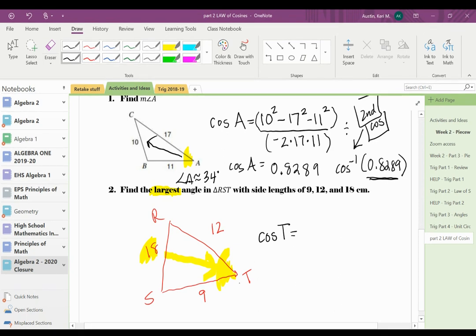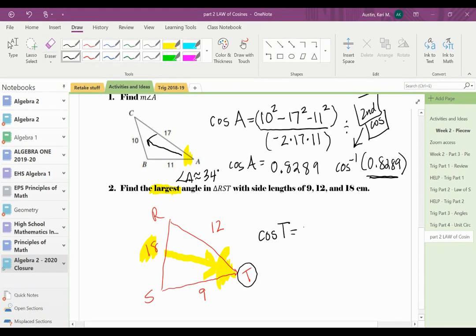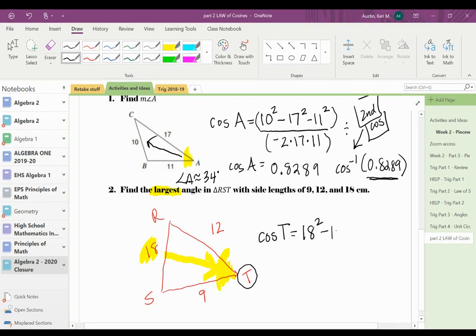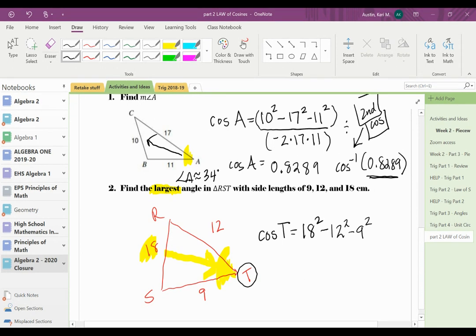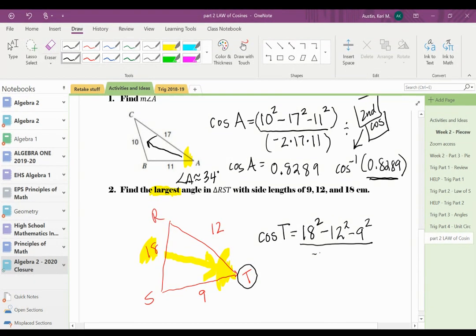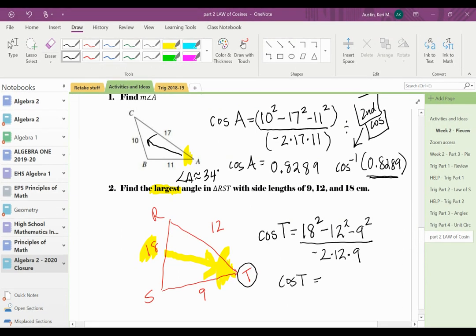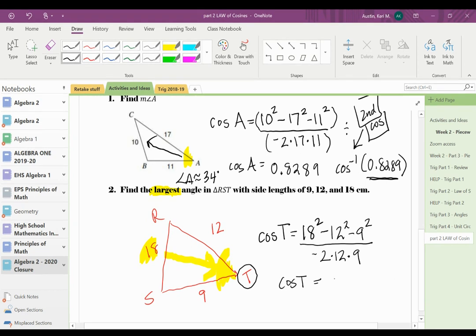Since I'm looking for this one, I'm going to put 18 first in the formula, and that's the only time I'm going to write that. Now it's the other two. Minus 12 squared, minus 9 squared, all over negative 2. Drop these two down, 12 and 9. Okay? Practice typing that in. 18 squared minus 12 squared minus 9 squared divided by, don't forget to put the bottom in parentheses, negative